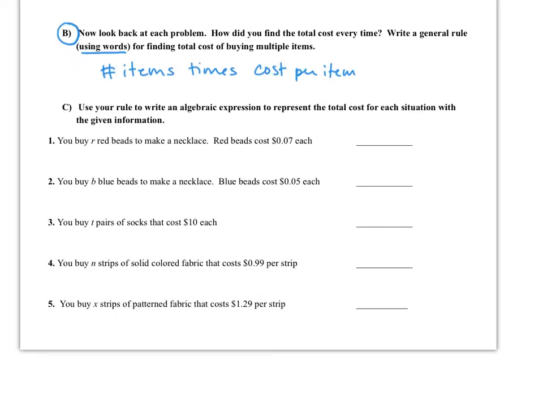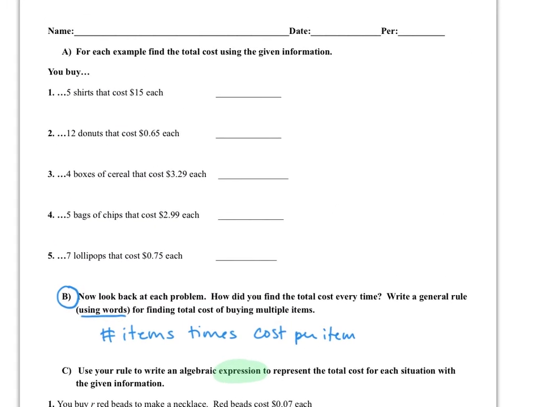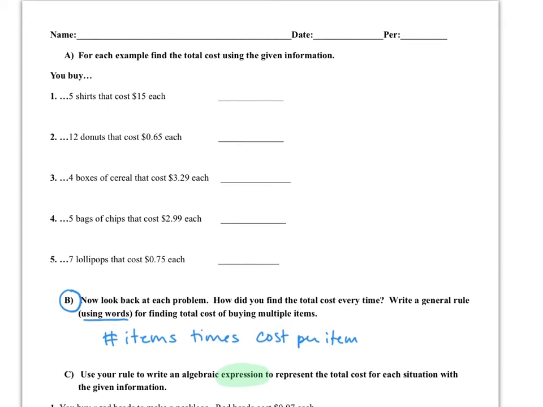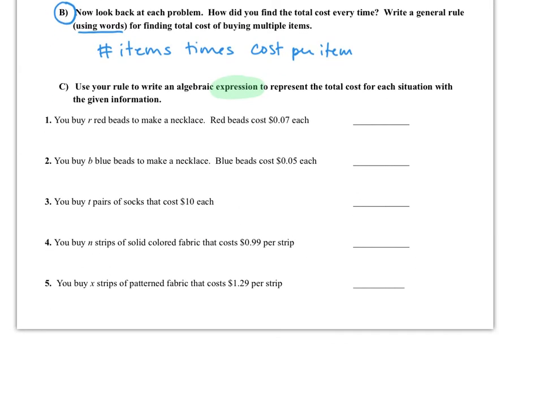And so now we're going to use this general rule to write an expression for the total cost for each of these situations. And the difference here is that we're being told maybe the cost of the item, but we're not being told the number of items. So unlike above, where I actually could find the total cost because I had the two numbers that I needed to multiply, this time I can't actually find the cost, but what I can do is come up with an expression. So for example, for the beads, it would be